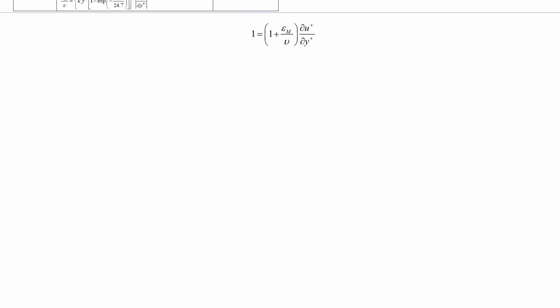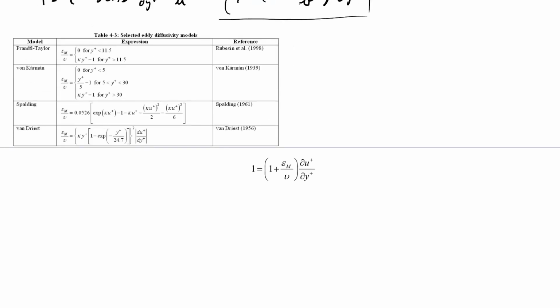Now, let's pick a model. We could pick really any one we want, but in order for the simplicity to be good enough for lecture, let's just use this model here, the Prandtl-Taylor model. The Prandtl-Taylor model says that in the region 0 to 11.5, we have this eddy diffusivity that's 0, and then it becomes a linear equation. So if I plot out what this actually looks like,